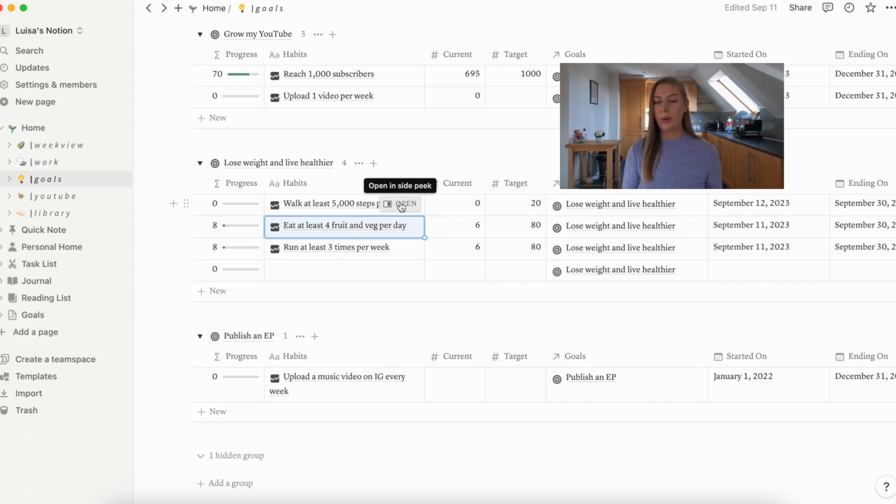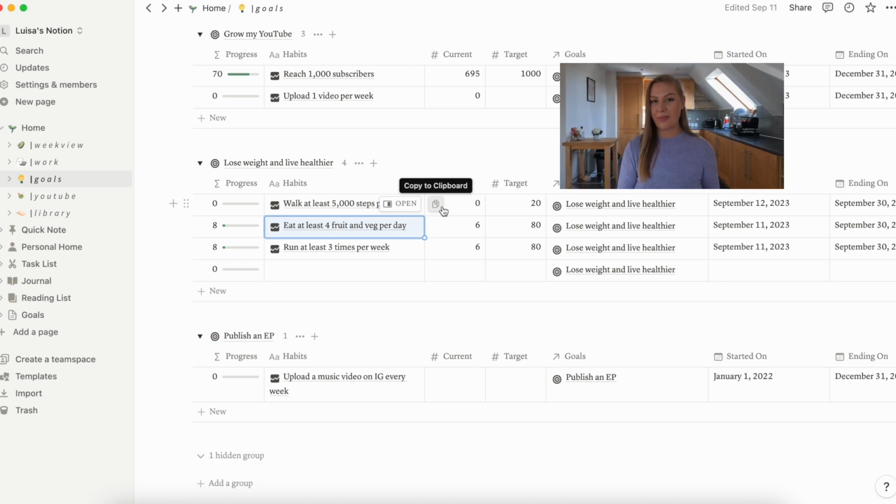So for me, walking at least 5,000 steps per day is a big thing, because I work from home, and getting the motivation and pushing myself to go out is hard. And I am very proud of myself if I hit 5,000 steps per day. You might be someone that wants to do 20,000 steps per day, because that's achievable for you, because you're walking to work and to lunch and going here and there. So just do what suits you best and make sure it's realistic.